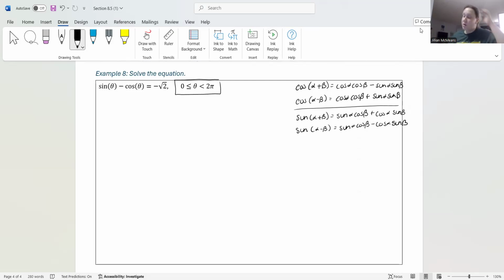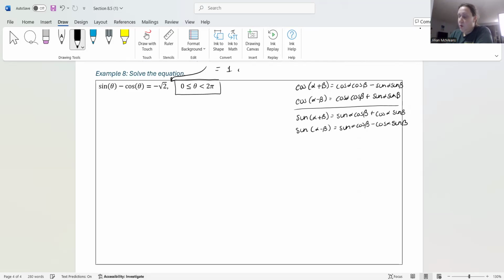And what we're going to try to do is create something that is the same template, the same format as one of these formulas. Okay, now what we're going to do first is going to make life a bit easier for us later. Okay, so we have sine theta minus cosine theta equals negative root 2. Let's see if we can get this